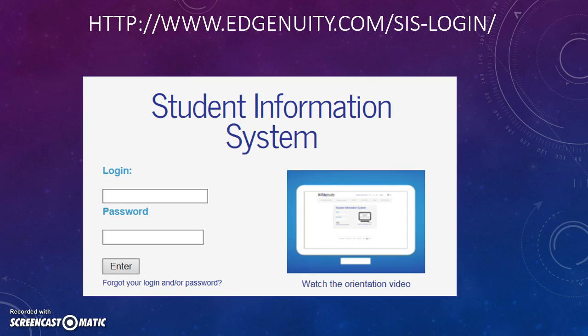When you're logging in and getting started, this is the screen you're going to see, and at the top is the link that you're going to use. And you've already been provided with your username and password. If you lost it or forgot it for some reason, just reach out to me and I can give that